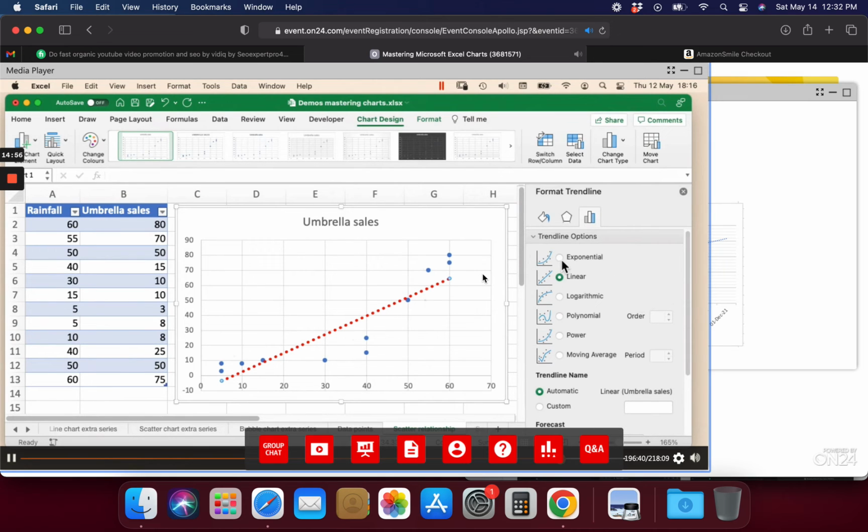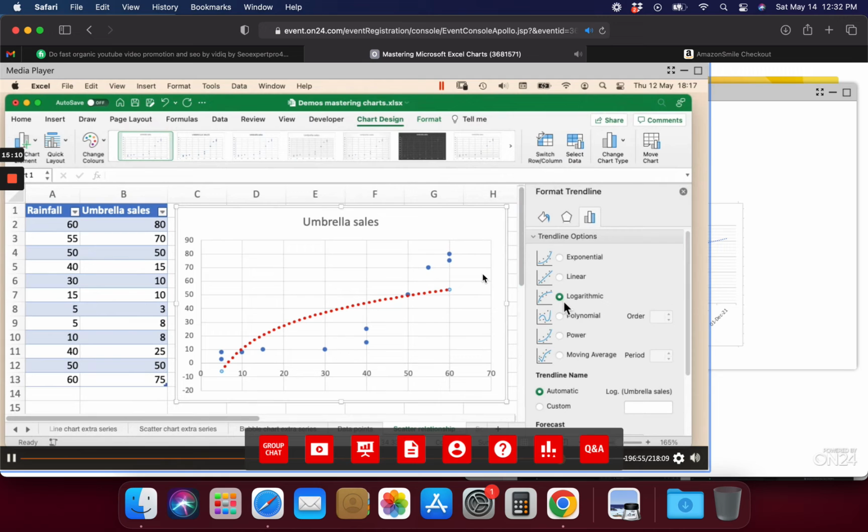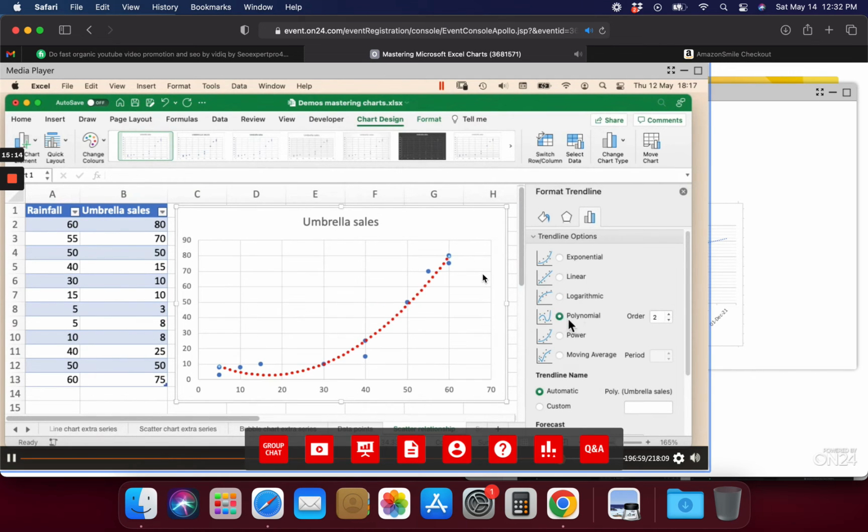If we scroll up, we can see that we've got an exponential trend line option. And if I select that, we can see that it adds a curve to the line like so, which makes it fit the data just a little bit better. We've also got logarithmic, which has a bend the wrong way round, so that's not quite so good. There's polynomial, which looks pretty good. And we've got power, which looks less good. And then we've also got moving average, which is something else to be used in other situations where you're working